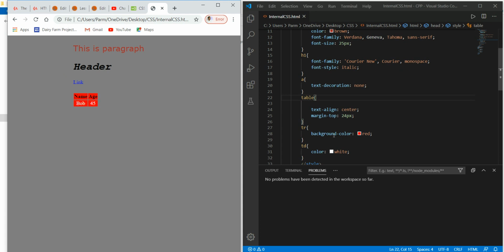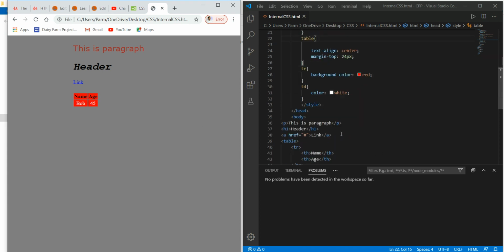We have used two rows, so both rows have a red background color, and we have given TD, the table data, the color white. Now you see this is black because this is TH. The selector is TH, and we have not set any styling for it, so that's why it's black.